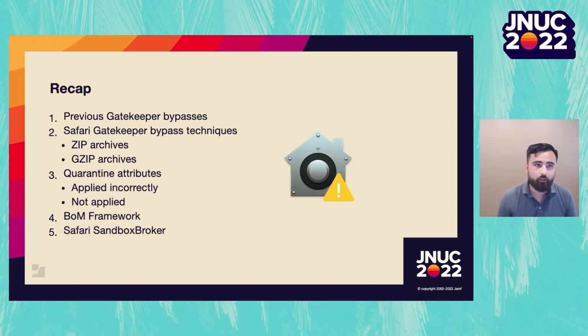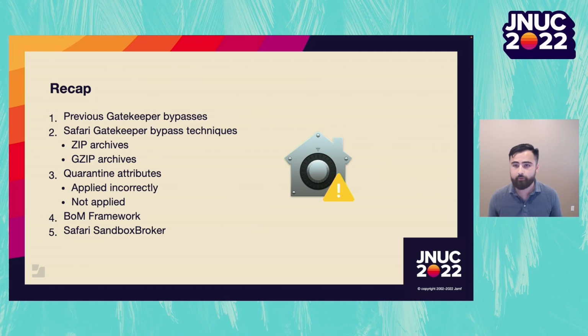So Gatekeeper is a technology that exists on macOS that prevents unsigned or potentially unwanted software from executing on the system. And today we've discussed several bypasses for Gatekeeper, including ones that were previously discovered by researchers. Although Gatekeeper is not a perfect technology, it is continuing to improve over the years as Apple adds features and patches vulnerabilities. So today we've covered how we were able to get around Gatekeeper due to an issue in the